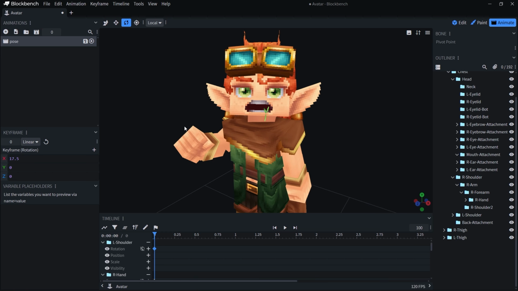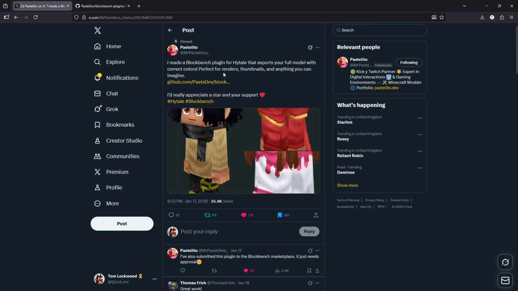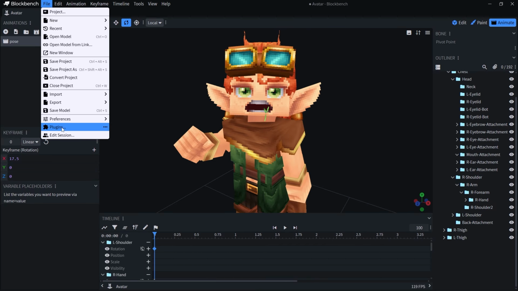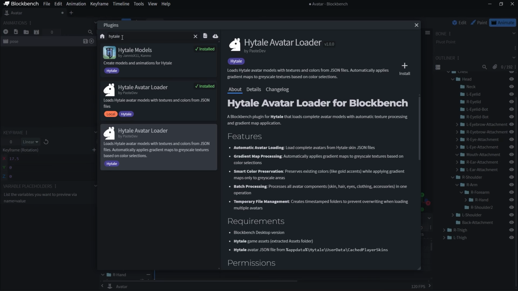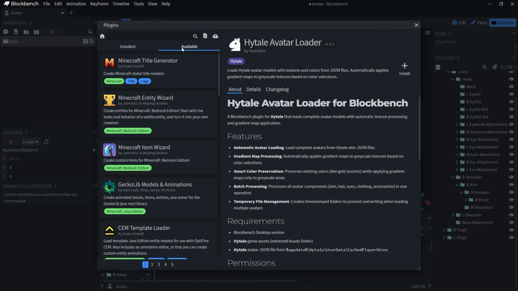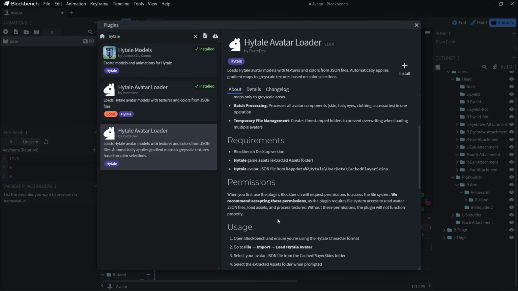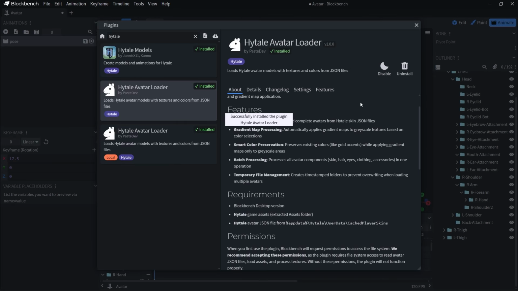To get the Hytale Avatar Loader, there is a link on the Twitter, but also, if you go onto File, Plugins, and just search under Available, search Hytale, you'll see Hytale Avatar Loader, and